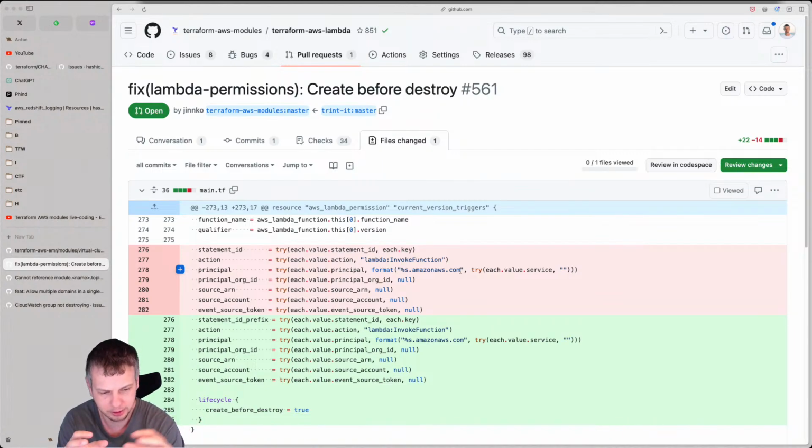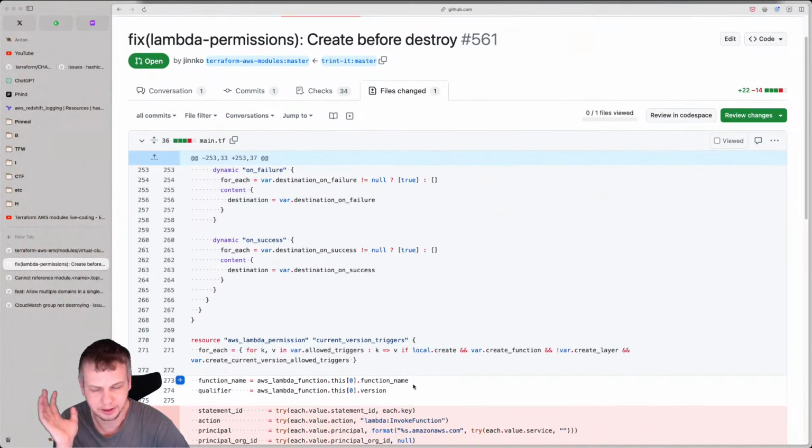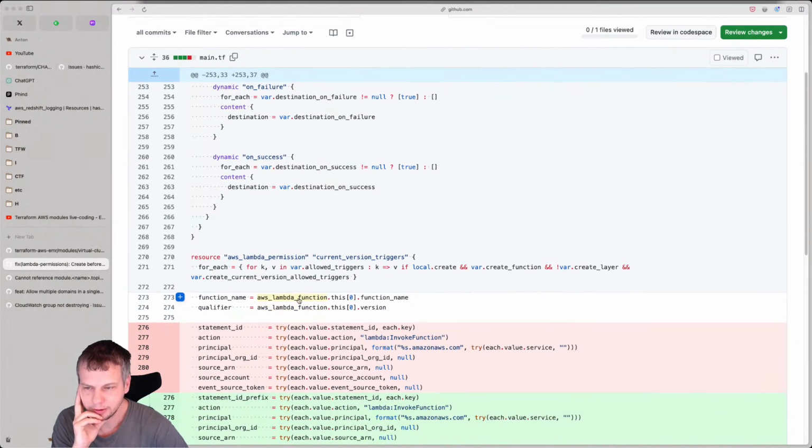So the Lambda function has some kind of permission, and triggers and so on. And then you decide to change permission for some of it, or you want to change the trigger. Terraform will understand that it has to delete the existing Lambda permission, and it has to add a new one.